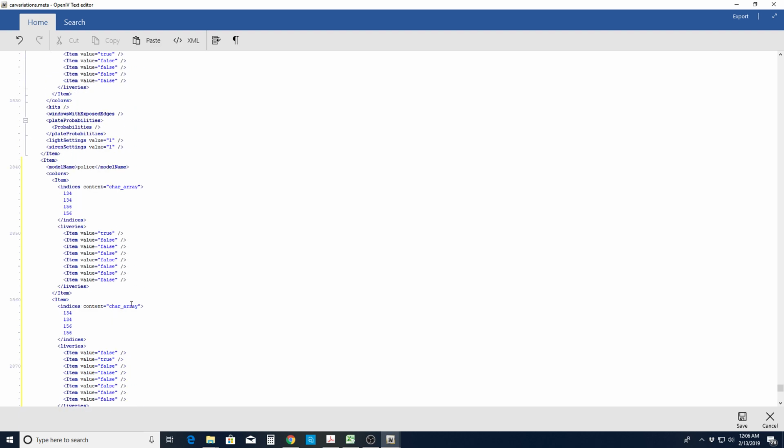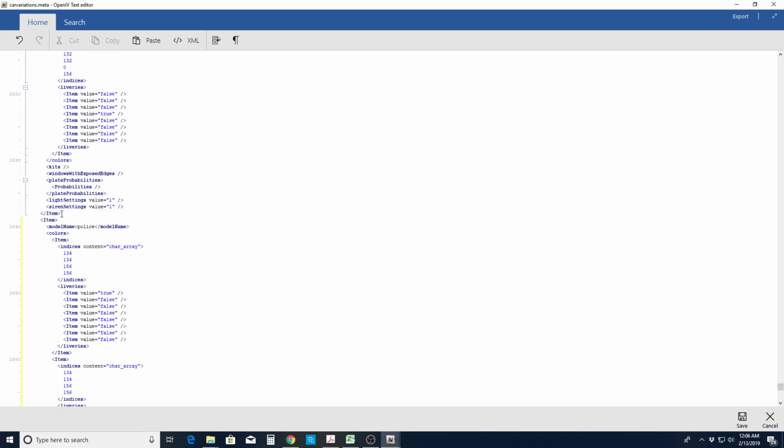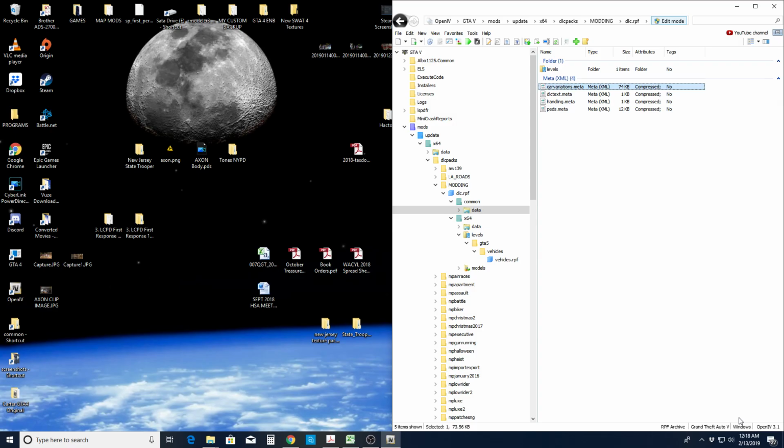You can scroll up for this car variation, and right here I have my last closed bracket and then my open item bracket. And as I stated before, I renamed this car Police 22. So we're going to do Police 22 right here. And that is it for the car variation. Come down here and we'll do save. All right, so once we have that saved in carvariations.meta,